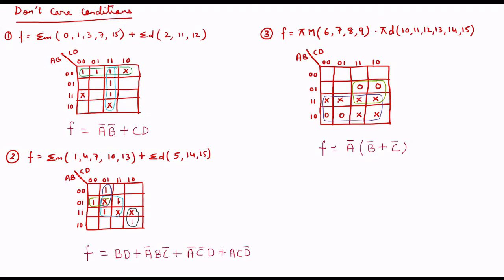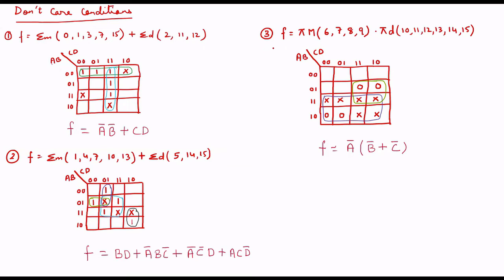I find an octet is not possible, so I am getting a quad over here. This blue line shows one quad using these 2 don't cares. This is forming a pair with this don't care, this is forming a pair with this don't care, and this is forming a pair. Empty boxes you should fill with 0 in the examination. So I'll get 1 min term for this, 1 for this, 1 for this, 1 for this: 1, 2, 3, 4. I got 4 min terms. How to get the min terms? You know very well, or you can refer to the old videos on generating equations from K-map.